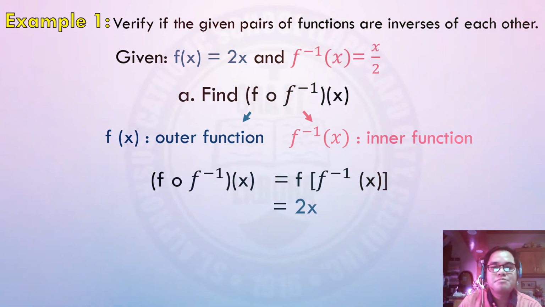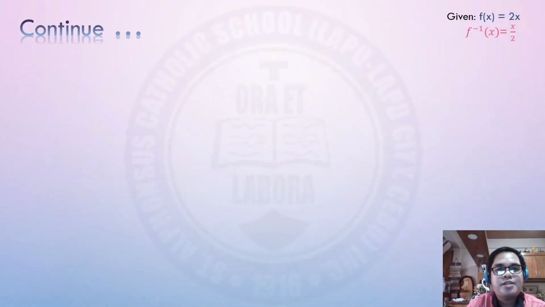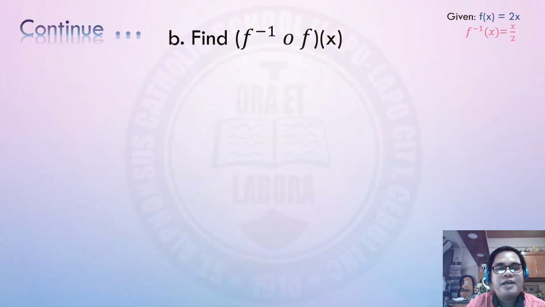So after that, write the outer function, which is 2x, and then substitute the variable x with the inner function x over 2, and then simplify them further by cancelling out 2 and 2, and our answer will become f circle f inverse of x equals x. We are not yet done, because we have to find f inverse circle f of x, but we have